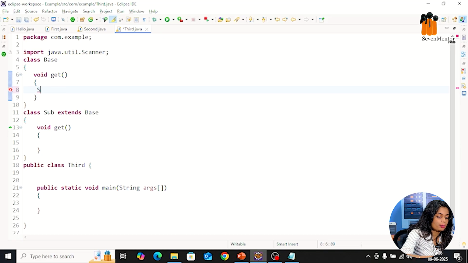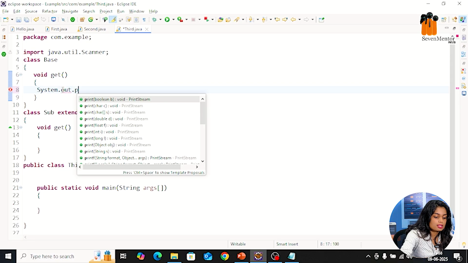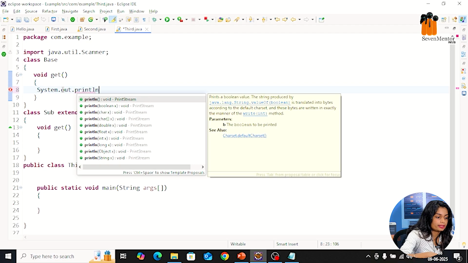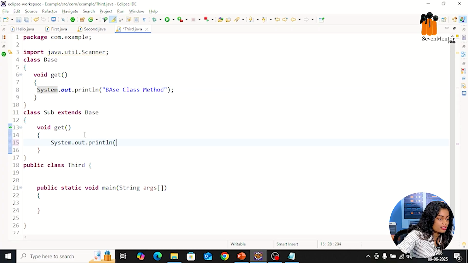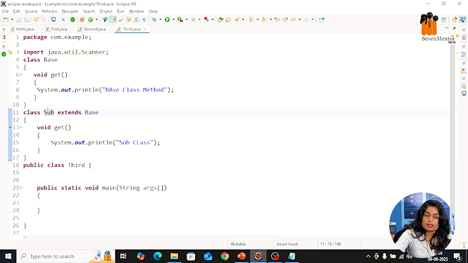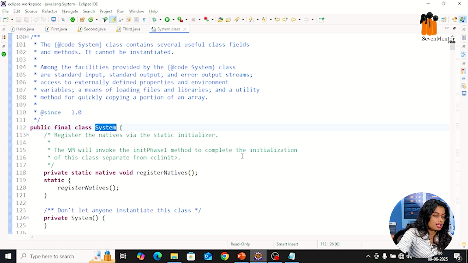So I will give an example. Here I am going to use system.out.println. We are going to print the output "base class method, this is my output", and similarly I want to print output for the subclass. So let me add it here: "subclass, this is my output", right? Now we need to call. Now the base class properties are where? Inside the subclass. So for what do we need to create an object? Yes, for the subclass. So we will simply create the object for the subclass.